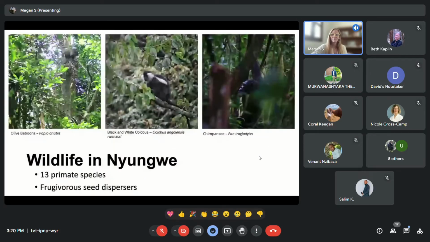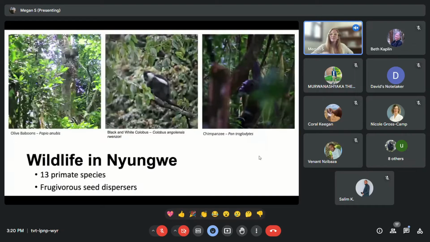So there's a lot of really interesting wildlife in Nyungwe. I put up pictures of 3 of them, just 3 that I think are very interesting. You have these olive baboons, the black and white colobus, and of course chimpanzees. A lot of the wildlife that you see in Nyungwe are frugivorous seed dispersers, which means they rely on fruits to make up a large part of their diet, and they consume the fruits and then eat and disperse the seeds. And so for the purposes of this talk today, I'm going to be focusing on the chimpanzees because